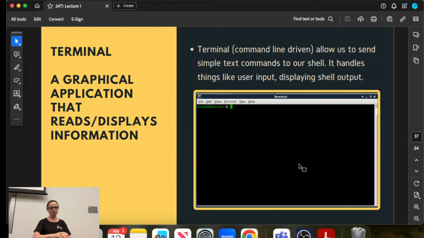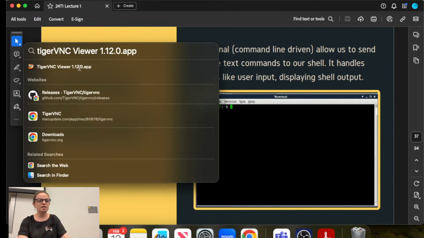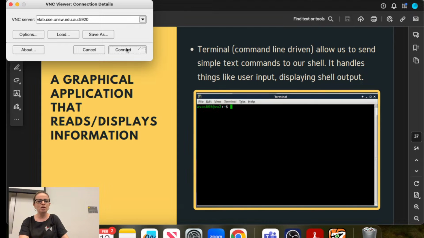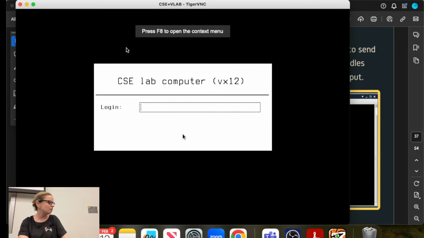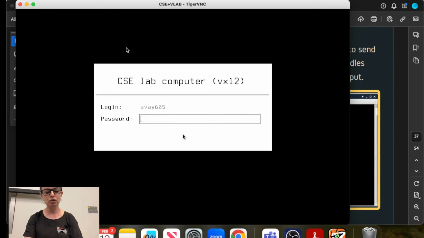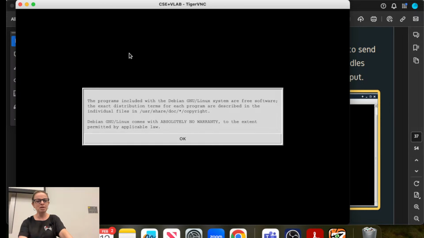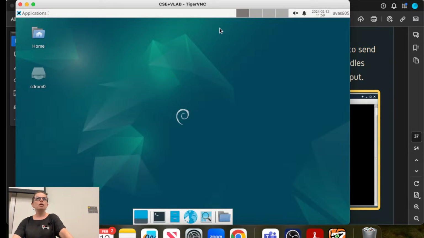Actually, yeah, why not? Okay, so you're going to be using something called Tiger VNC. That is the wrong keyboard, and I'm typing in the wrong thing. You will be using something called Tiger VNC when you do this course, and what it will allow you to do, don't worry, there's instructions on how to set all of this up that you will see, is connect remotely to the CSC machines. And that means that you'll have your whole setup going. And when you log on to our remote machine, you will see a Linux environment, which kind of looks okay,